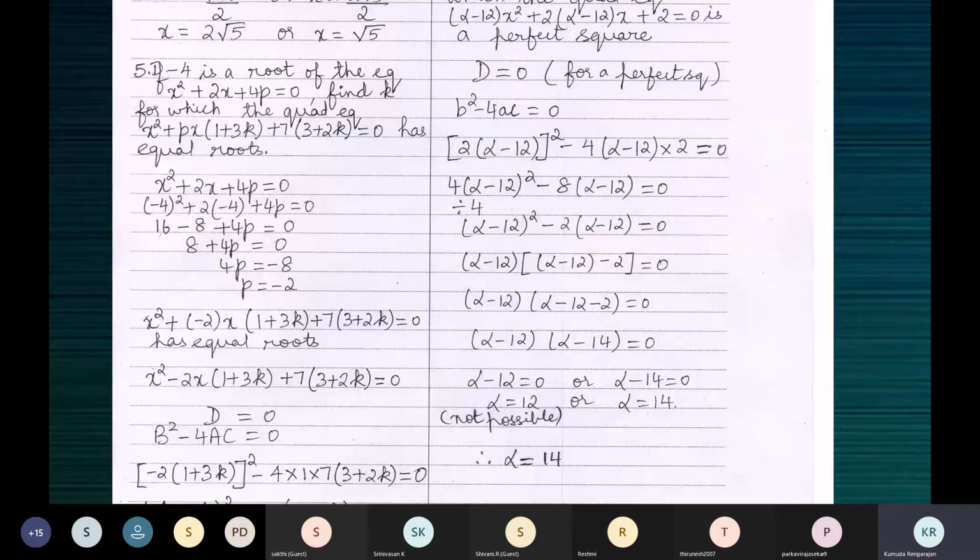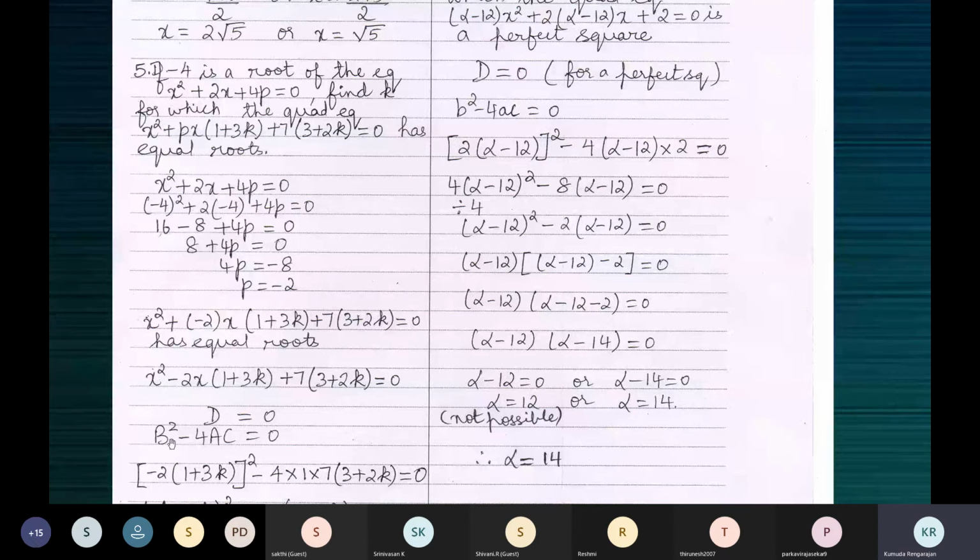Cover that x term alone. See, there are 3 terms here. This is the x square term, this is the x term, and this is the constant. You can see there is no x or x square here. This is the x term. This is the x square term.